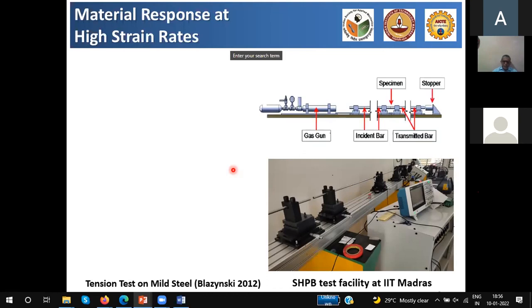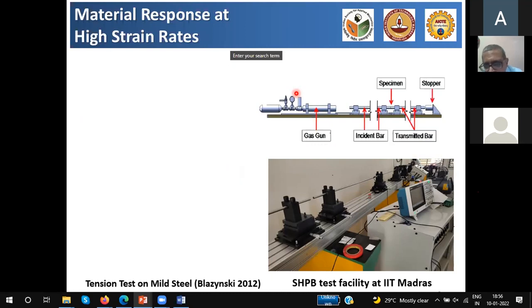In the recent past, doing these tests is now becoming affordable. We have recently, after a lot of tapas, I would say, established a high strain rate facility here in IIT Madras, where, just to give a broad idea of what it involves to do these tests, you can see on your screen something like a gas gun which will push